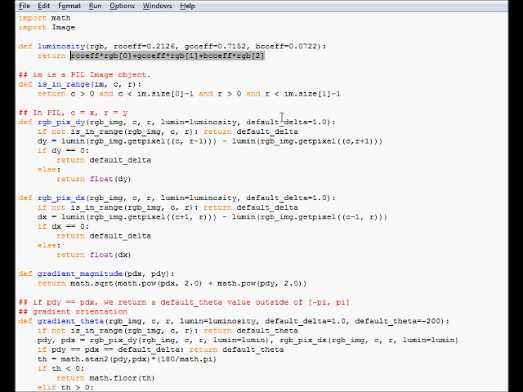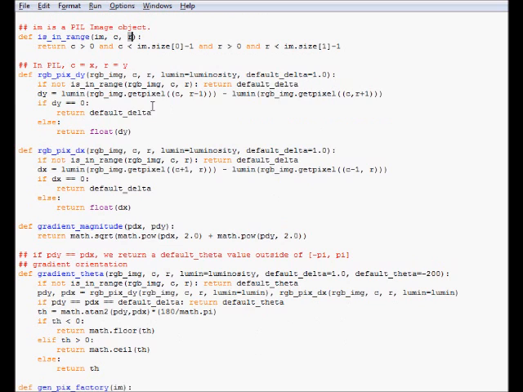Then there is this utility that simply checks if C and R are within the bounds of a PIL image object. In PIL, C is X and R is Y, and the top left corner is 0, 0. Okay, so the first is RGB pix dy that computes the differences in luminosity between the two vertical